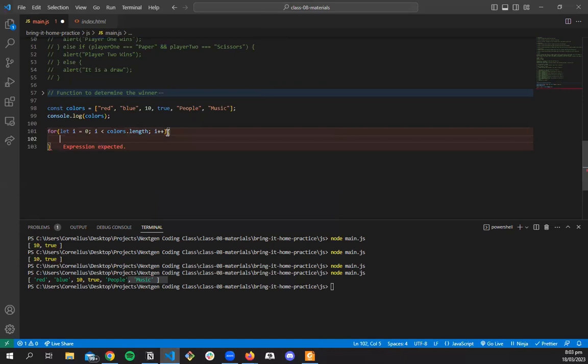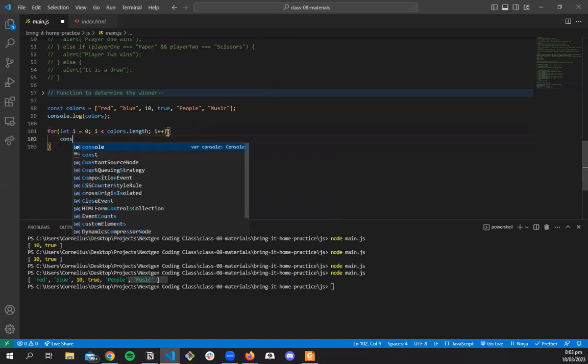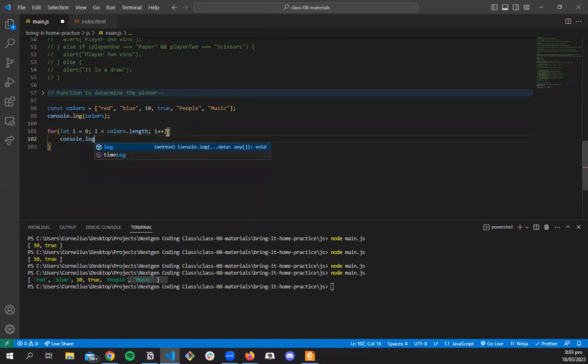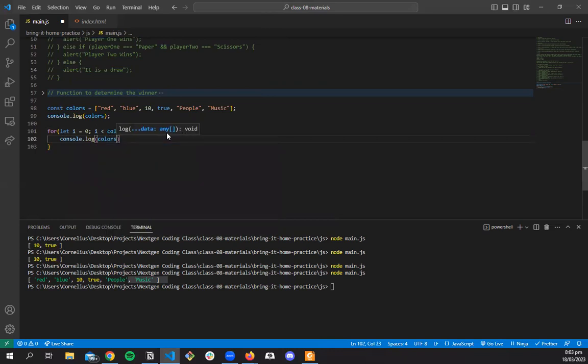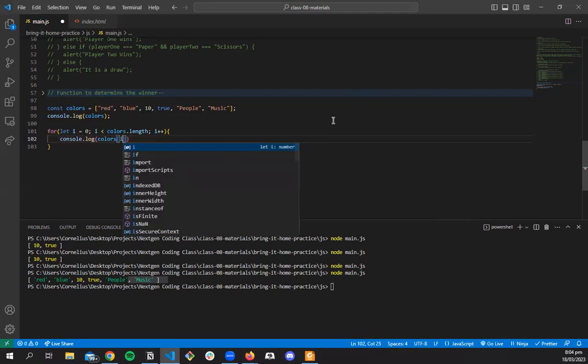So let's say every time we run over the loop, all we want to do is console.log what is at that index. So we can just do colors[i]. So we are saying that every time we run over it, we want it to console log what is at that position. So the first time we run it, i will be 0, so here it will be 0. The next time we run it, i will be 1. So it will keep running, but we're using i just so that it will be changing itself as it is running. So if we were to run this,